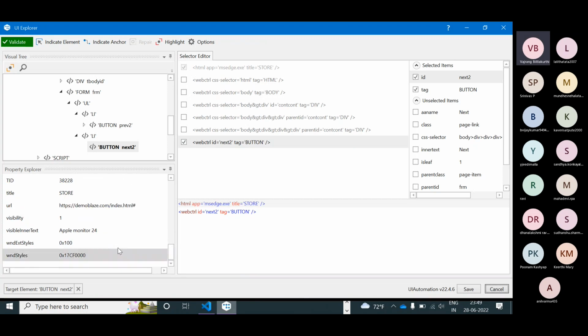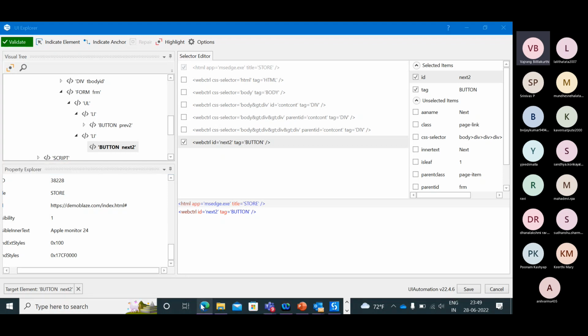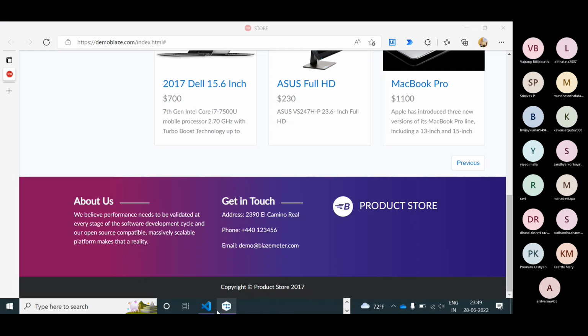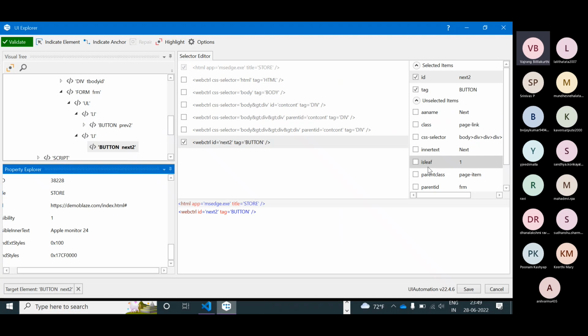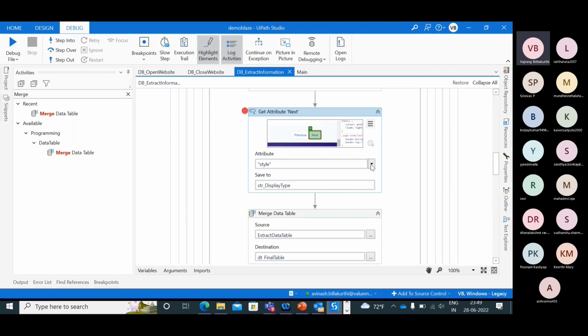Visibility, yeah, this is 1, right? So this will be 1 if it is true. But in our page, this is not visible. This is hidden. But even then it's giving visibility as 1. So we cannot rely on visible. So let's try with inner text. Let's see if we can get something with the inner text.